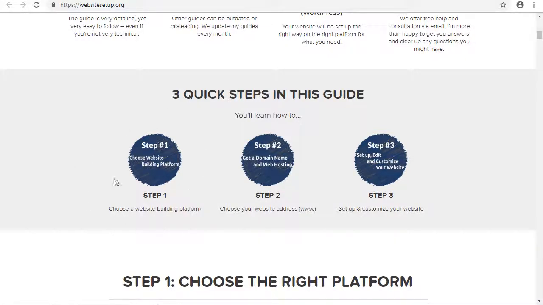So the next step, after you have chosen your website building platform like Blogger or WordPress, is step 2: you have to get a domain and a web hosting. Now you have selected that you're going to blog under WordPress. So next you have to choose a domain name and the web hosting. The letters in your domain should not be more than 15 letters. If possible, let it be less than 11.